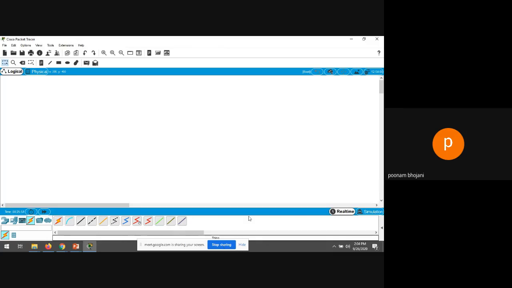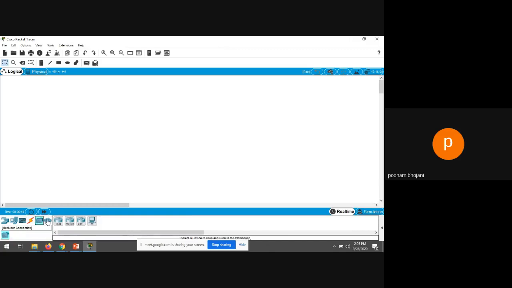But as a user, if you are forming any network and you are not sure which type of connection actually happens in the physical world, then one option is given that is known as automatically choose the connection type. If you click on this and connect two devices, whatever appropriate connection is required between those two devices will be done. So this is automatically choose the connection. Generally, most of the time we are going to use this one so that it is easy for us.